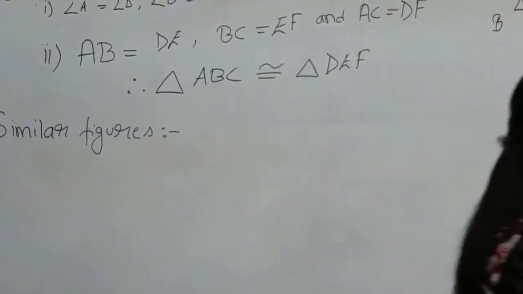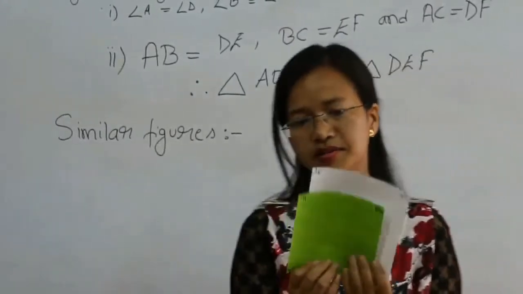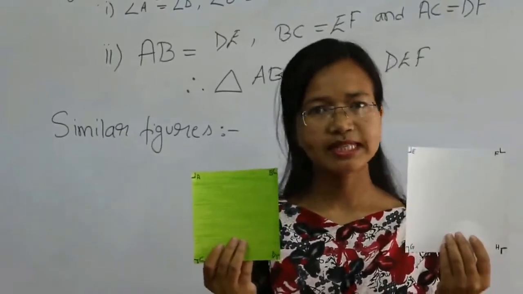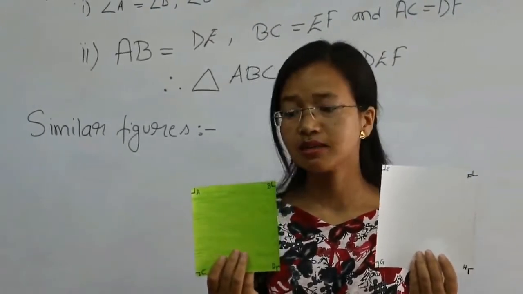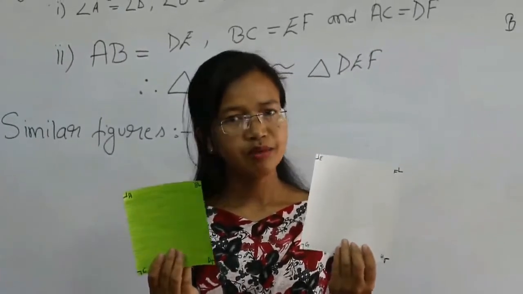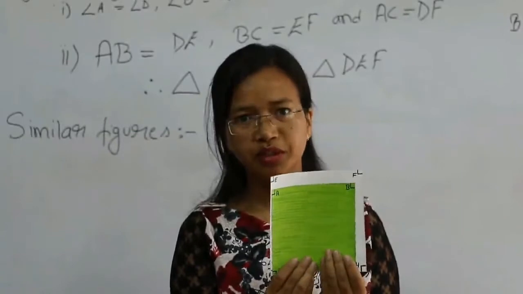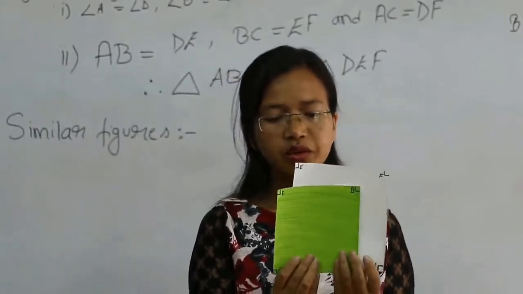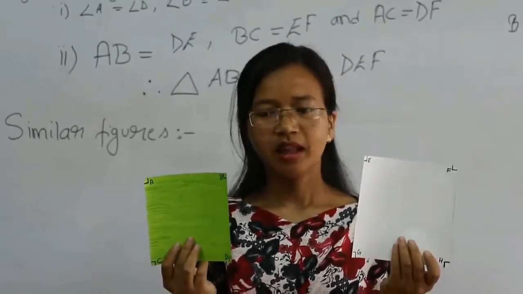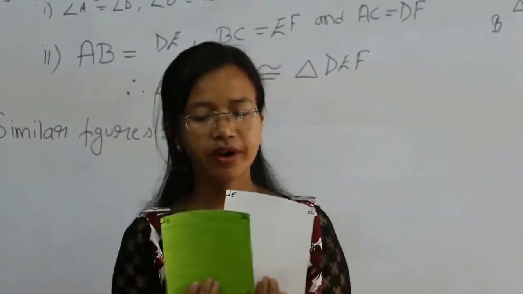And next, again, you check these two squares. These two squares also have the same shape, because their angles are the same. Again, let me overlap. They don't fit with each other, right? So it means these two squares are of different sizes. They are of the same shape, but they are of different sizes. Alright, so